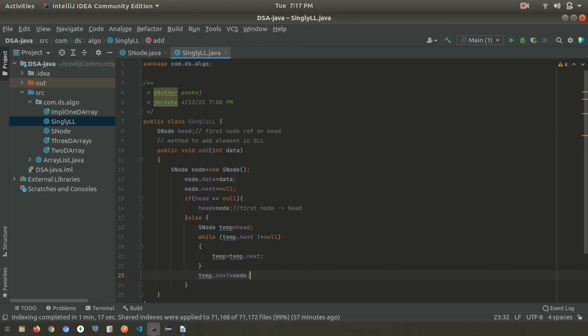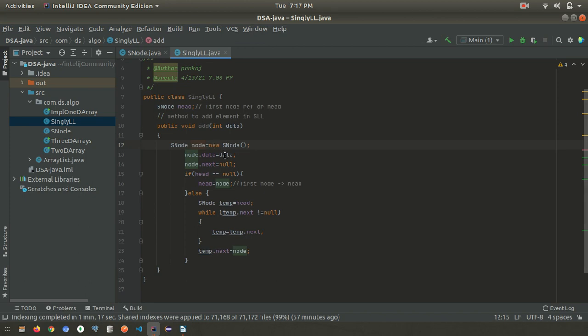So this newly created node, this reference will change to this variable. So this code is written here: temp.next equals node. So this node, see, the actual data whatever we are overriding here, every time this loop is getting executed, that reference we can store in our next variable, this temp variable. And so this method is done.